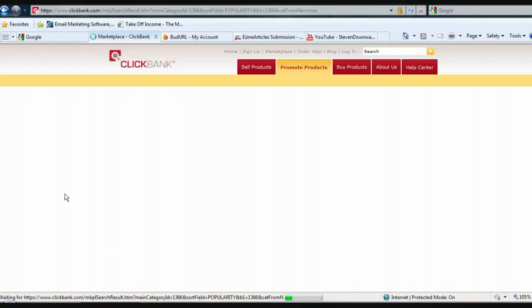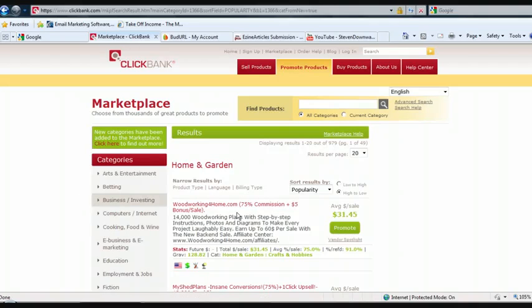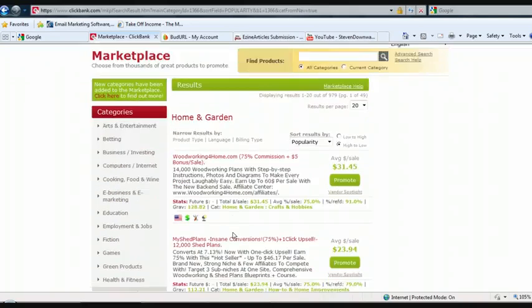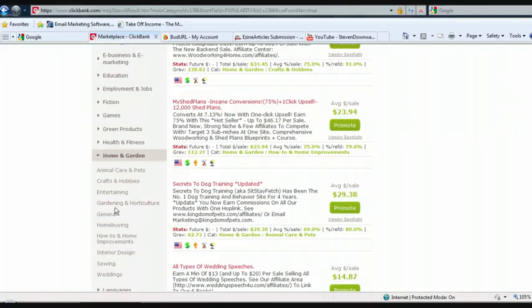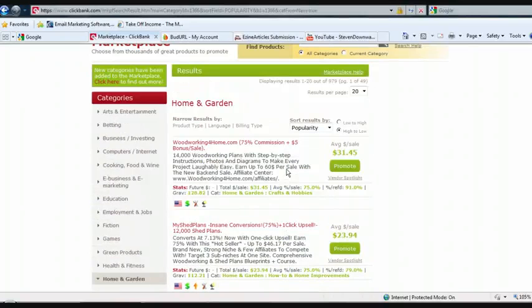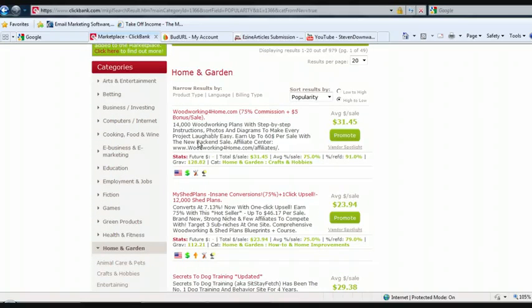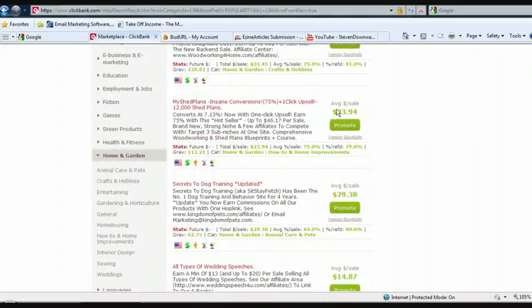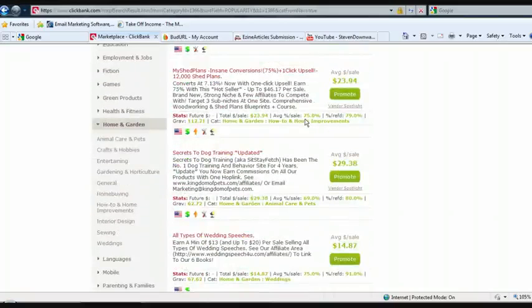So you can see right here, it brought up a whole bunch of different things, and if you look on the left here, it even gets more in depth into more specific categories and everything like that. But you can see right here, there's all these different products, all these different courses or whatever they happen to be, and this is pretty much right here what you're going to end up making every single time you make a sale. So they deal with all of the website stuff, the paying out stuff. You don't have to deal with any of the money issues or anything like that. Literally, all you do is you get a link, and I'm going to show you how to do that here in a second. And then you go out and you promote the link, and every single time someone buys,